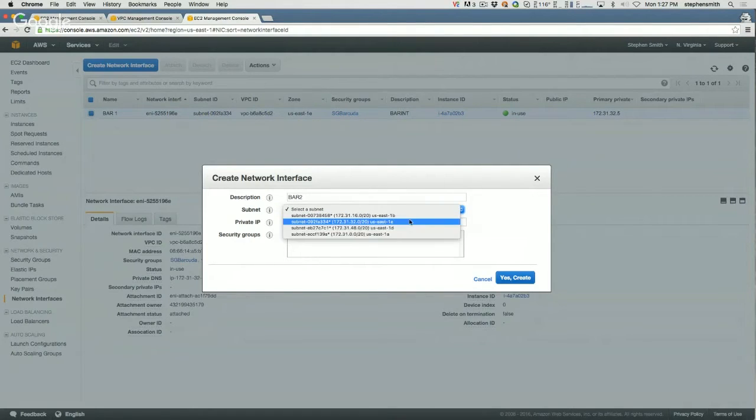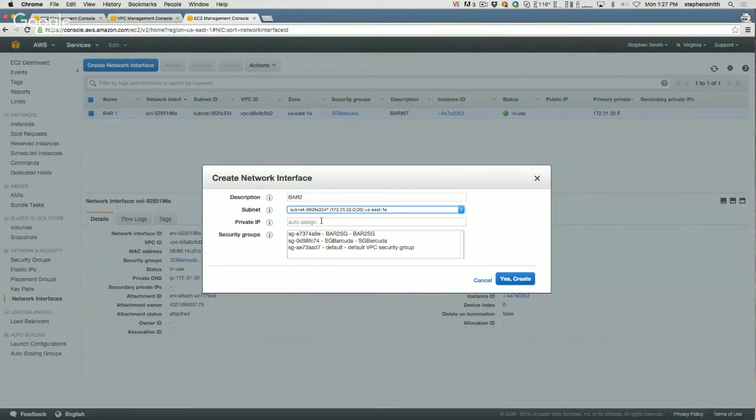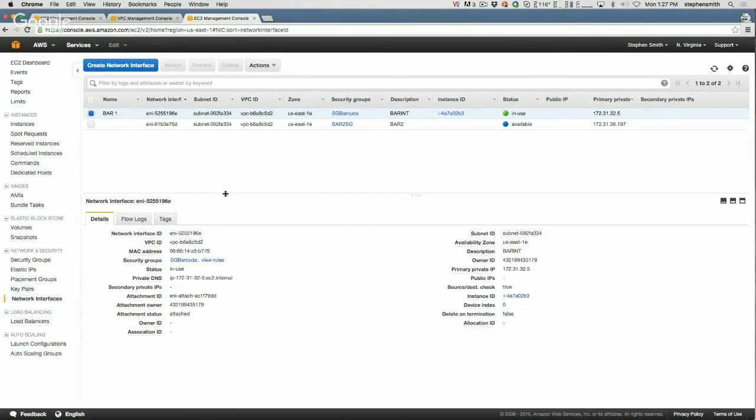So I'm just going to choose US East 1E. I am going to go ahead and associate this to our bar2. This is the actual security group that we just set up, so that's why we had to set that up first. And I'm going to go ahead and just allow the private IP to auto-assign. That's not important right now, because what's really important is just a moment here when we assign our Elastic IP